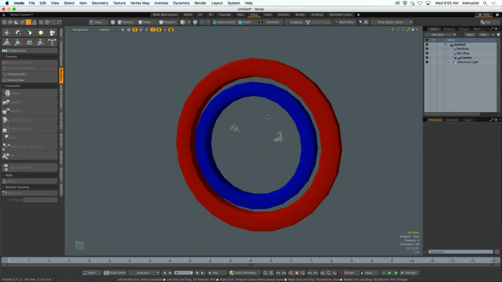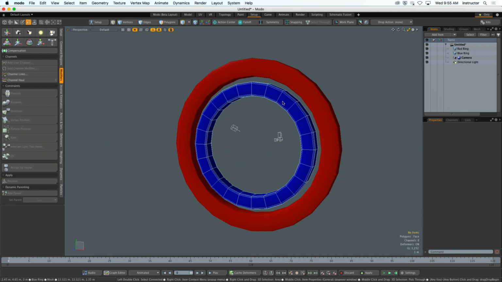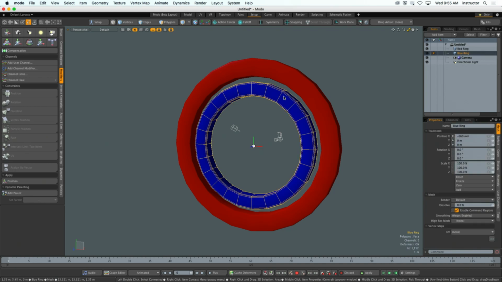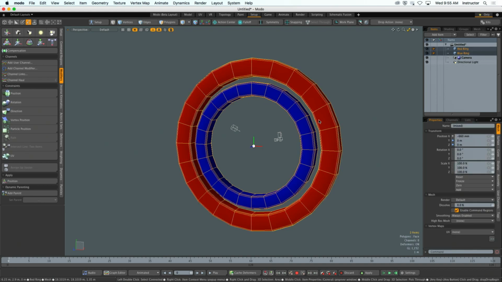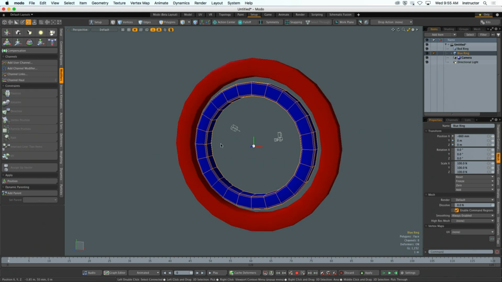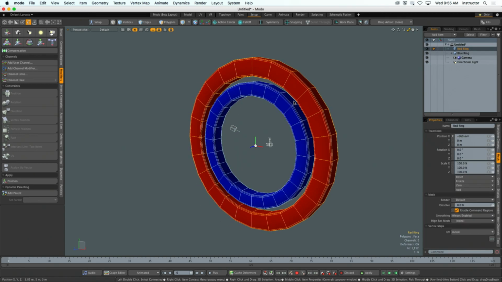Actually, I had it backwards. I'm sorry. The child is selected first. The parent is selected second. So I want to constrain this to that, okay? So with that selection order in tow, if I do position, on the surface, it seems like nothing happens, right? However, if I move this guy now,